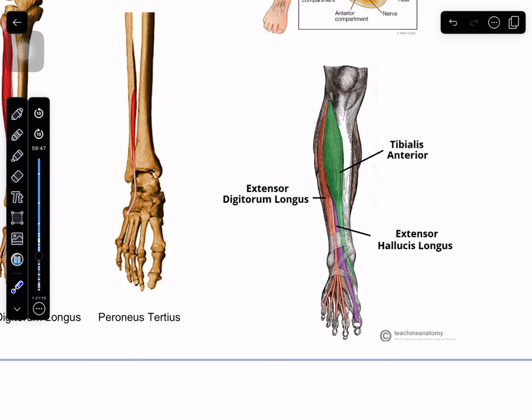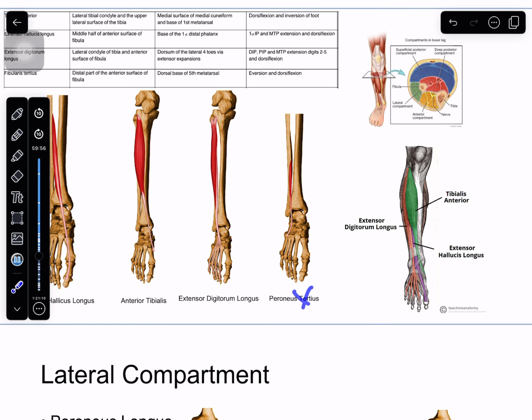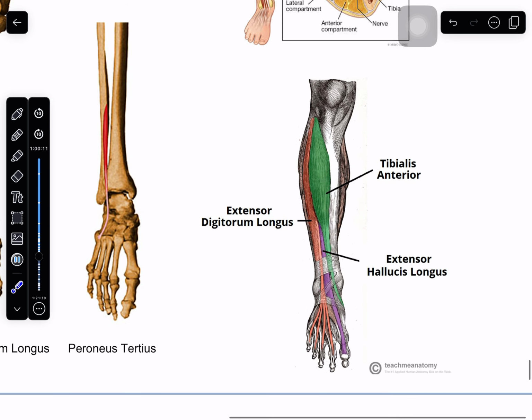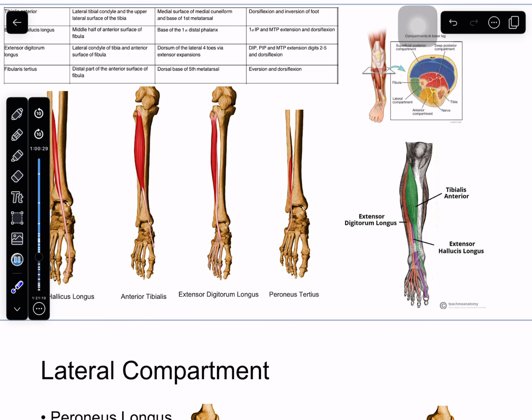So we can't see in this last image, this one all the way to the right, we can't really see the peroneus tertius. You can also say the fibularis tertius. Both are used, they're interchangeable. You can use whatever one you like. You can't really see that peroneus tertius though, because it's running deep to many of these other muscles, right? And then it's going to sneak out and peek into that 5th metatarsal there. But we can definitely see the anterior tibialis, the extensor hallucis longus, and the extensor digitorum longus without a problem, right? And again, it's going to be coming out between those tendons and then running down into